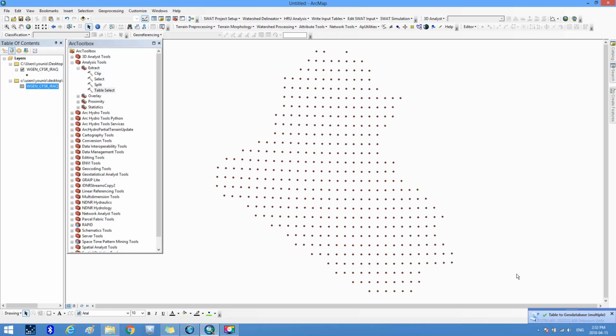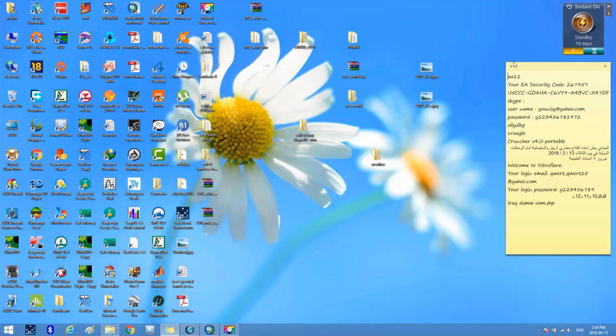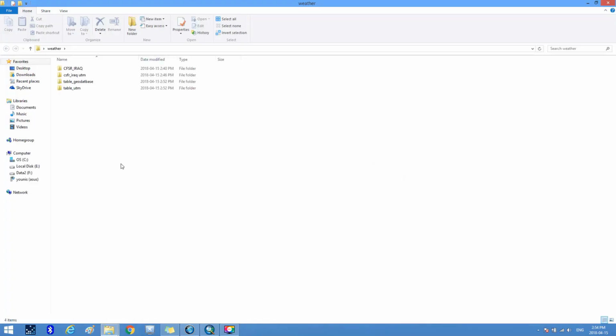Then a message appears indicating that the table has been successfully transferred to GeoDatabase. Now we go to the desktop and open the file titled Weather, and then open the file titled Table-Geodatabase, and in it the table is titled WGN-CFSR-Iraq with the DBF extension, which we open in the Excel program,